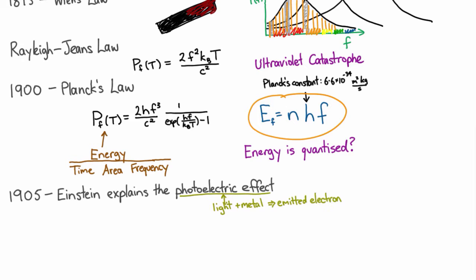The photoelectric effect is where you shine light on a metal and it emits electrons. That's how we understand it today. When it was first discovered, we didn't even know what an electron was. So in early experimental exploration of the photoelectric effect, it was just noticed that light, in particular ultraviolet light, seemed